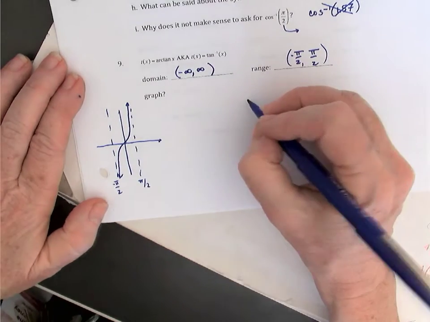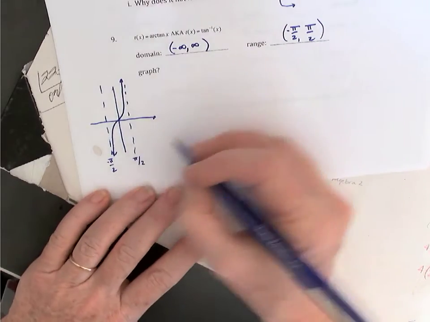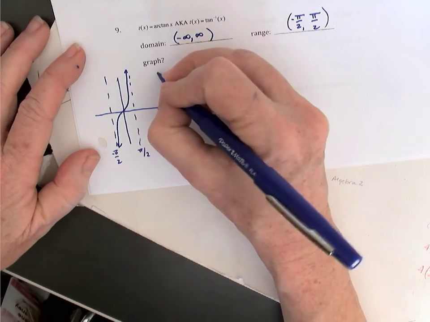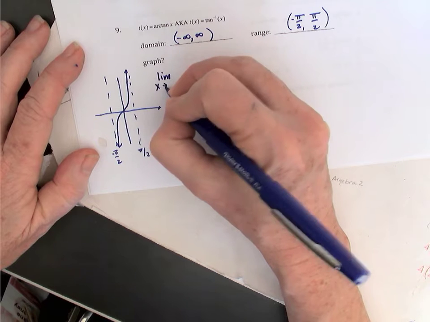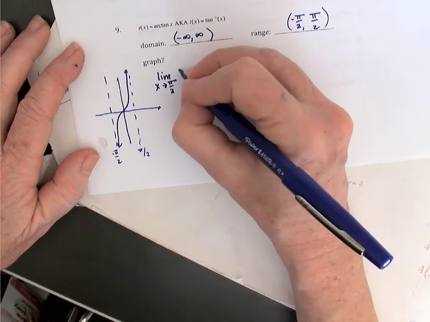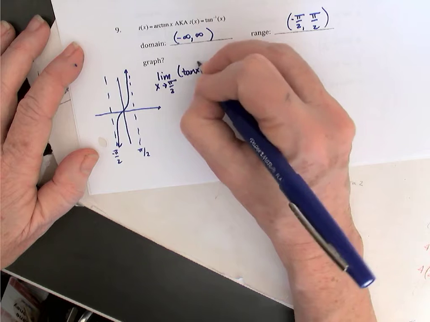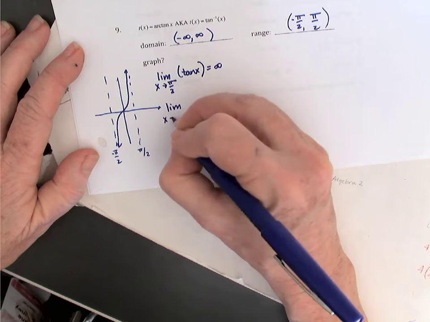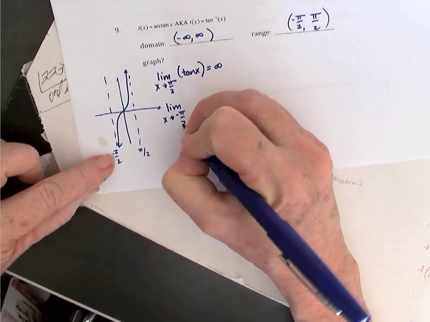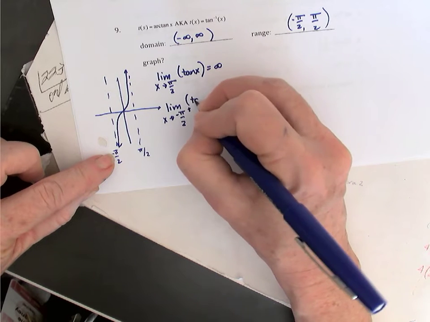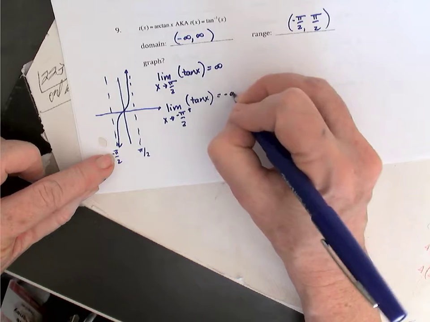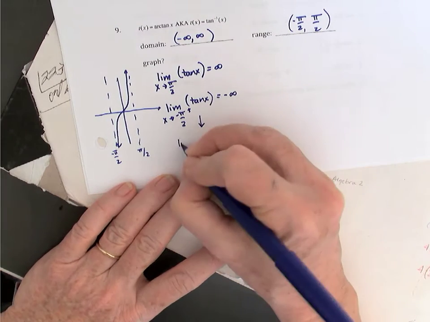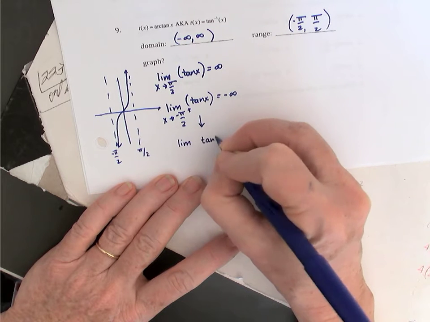And one thing you might have noticed is that over here, if I'm going to describe this, I have two asymptotes. So one thing I can write dealing with tangent is that the limit as x approaches pi over 2 from the left of tangent is infinity. And I also know the limit as x approaches negative pi over 2, but from the right, for this function is negative infinity. I'm going to change these using our understanding of limits. If I'm going to talk about inverse tan,